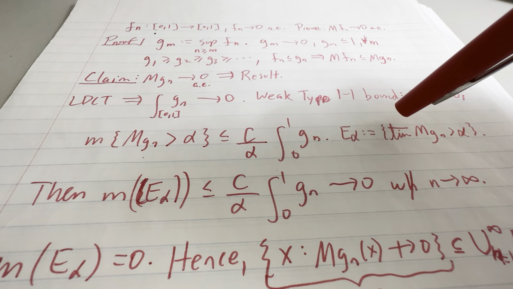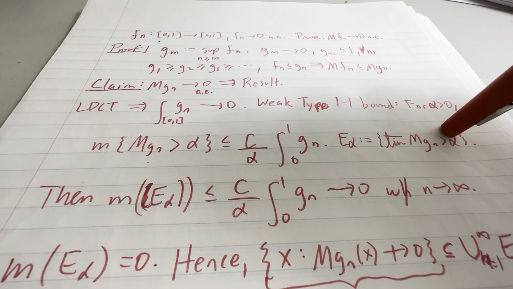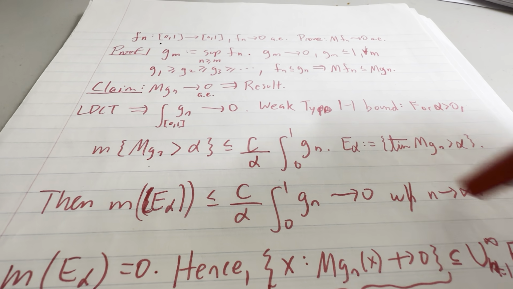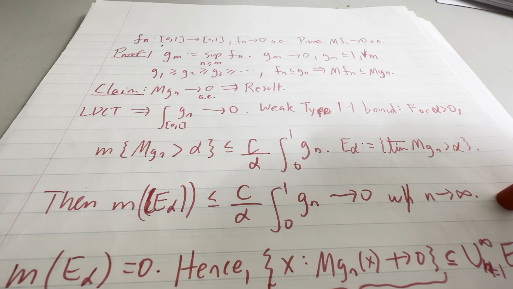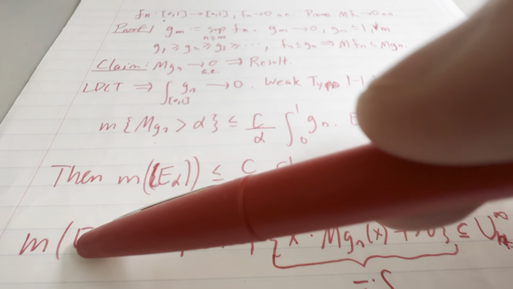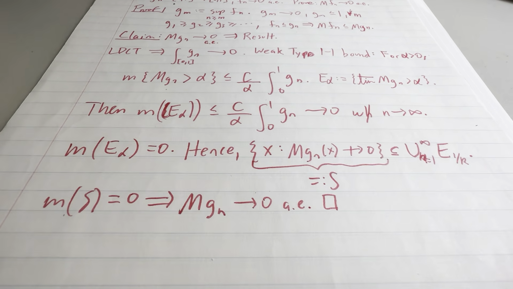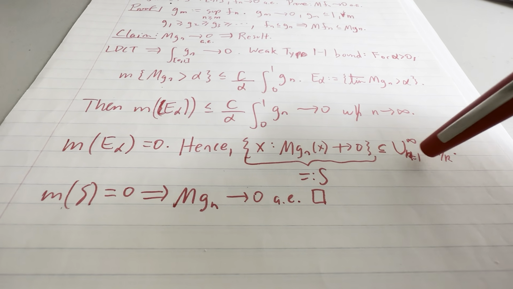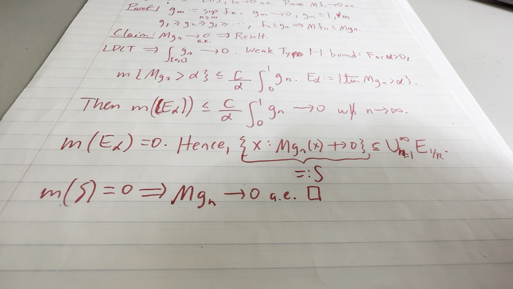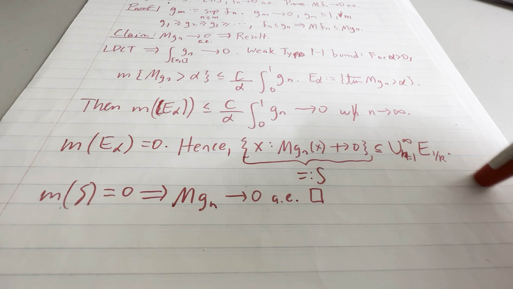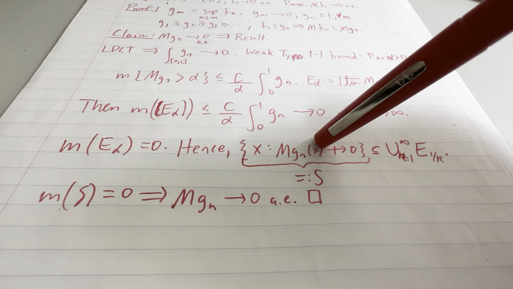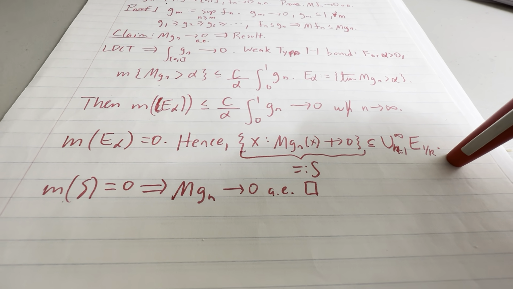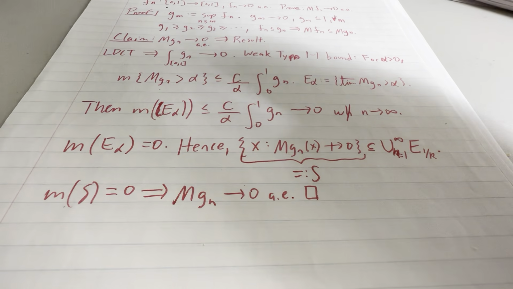So I define E alpha to be the upper limit of MGN bigger than alpha. And then I essentially just rewrite it down here again. And this sequence tends to 0 as n tends toward infinity, which means that these E alphas are really small. They have 0 measure. And the sets where MGM does not tend to 0 are a subset of these E alphas. And I've written the E alphas in a creative way. But all of these sets have measure 0. So because this set has measure 0, I know that MGM has to tend to 0 pretty much everywhere, or in math language, almost everywhere. And since this is proved, the whole problem is proved.